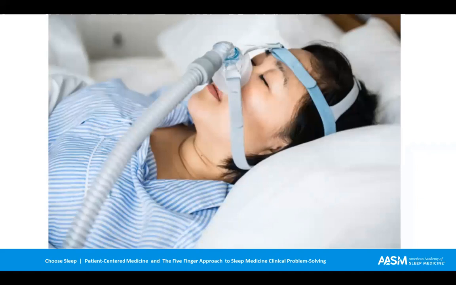But I was perplexed. Her Epworth score at that visit was still 18 out of 24, which represents a pathologic degree of daytime sleepiness. I began to explore her original sleep-wake complaints. Her complaints at presentation included frequent subjective awakenings at night, and she characterized this as insomnia and a functionally significant degree of daytime sleepiness. Well, several years prior to my first visit with her, she had undergone a diagnostic polysomnogram, and this demonstrated an AHI of 6 per hour, and this established the diagnosis of obstructive sleep apnea.